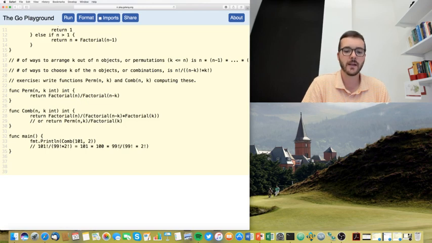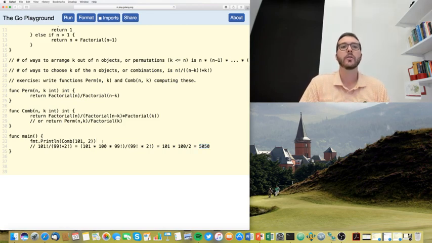And you'll notice that this term and this term are going to cancel each other out. So we get a lot of cancellation. It's just 101 times 100 divided by 2, and that's just 5,050. So this is the mathematical formula for it. We can easily work this out by hand and find that this is going to be 5,050. So here's a quick test. Anytime you write a function, we want to start testing it on values that we know the answer to. So let's print combination of 101, 2, and we get,